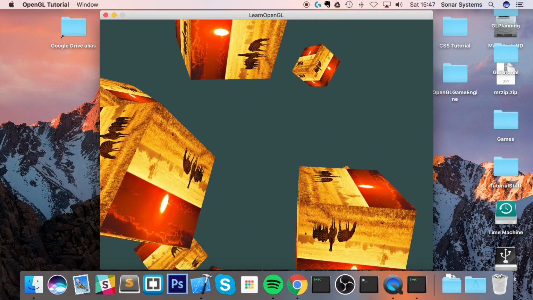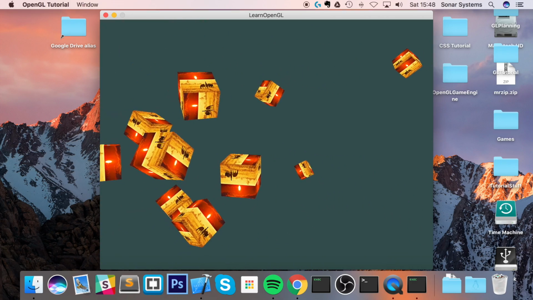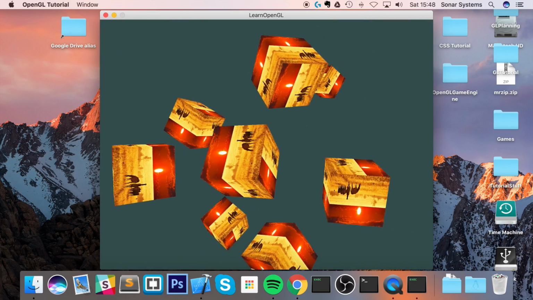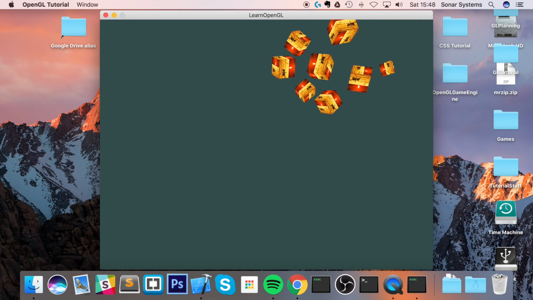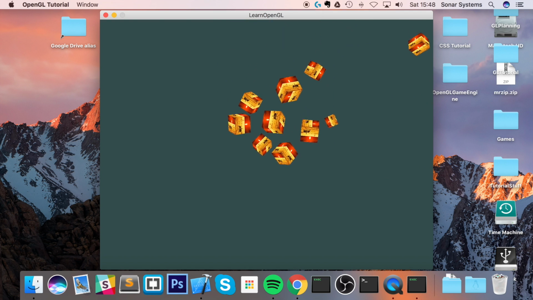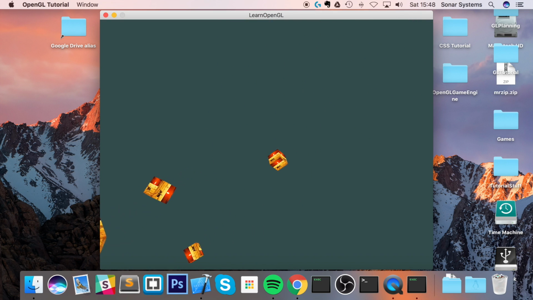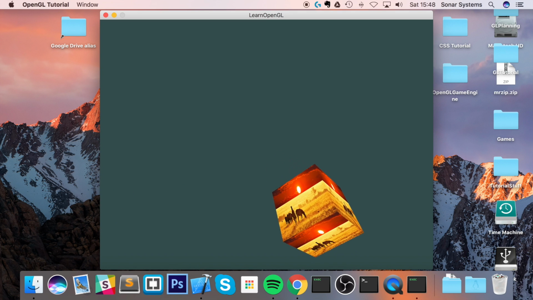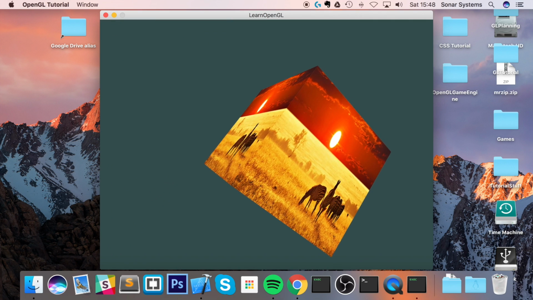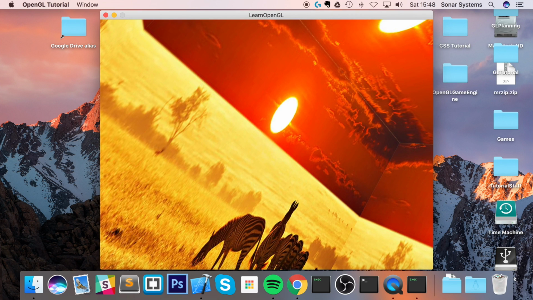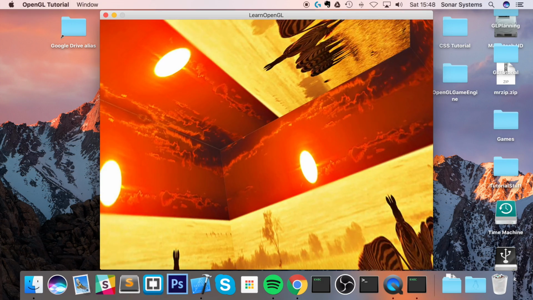So we can move not just forward and backward, but forward and right, forward and left, back and right, back and left. And what's great about this camera system is the forward is relative to the way we're looking. So if I look at that particular cube there and I press forward, it goes towards that cube, which is fantastic. Let's see what happens if we try and go through it. Oh, we've gone through it